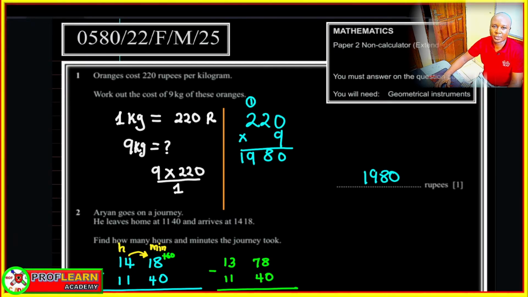Another session so that we can have a discussion on math, and we are going to look at how to solve the non-calculator paper of 058, Feb/March 2025. So we're going to have a candid discussion on how you're supposed to go through different questions without having a